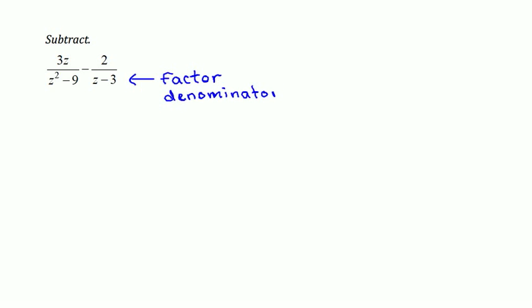So looking at these, my first one is z squared minus 9, which is a difference of squares. That factors as z plus 3, z minus 3. And my second denominator is just the polynomial z minus 3. It really doesn't factor. So putting these together, my LCD would take the factor z plus 3,